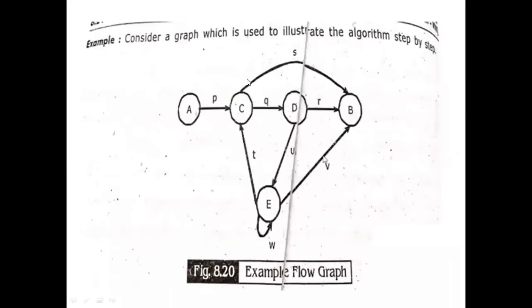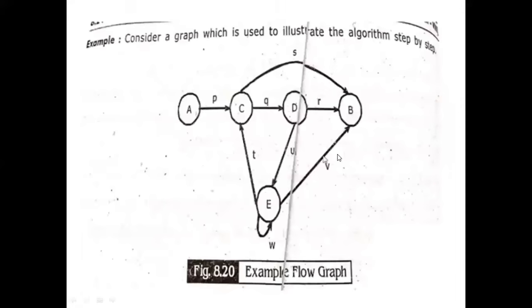As we are reducing the graph matrix, prior to starting the procedure, the graph should be converted to a matrix. So this is the matrix, with nodes A, B, C, D, E as rows and columns also. These are the transitions. For example, A to C: the transition is P, indicated with P. So this is the graph matrix that has to be reduced.